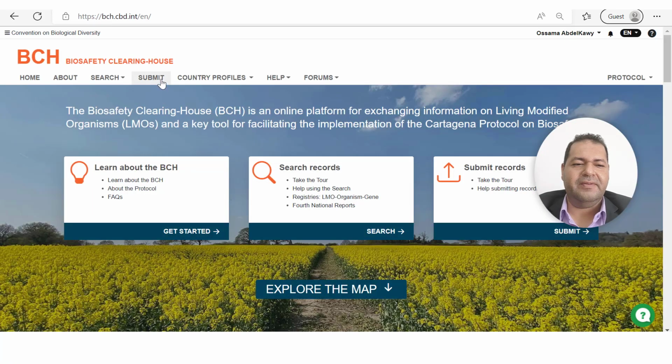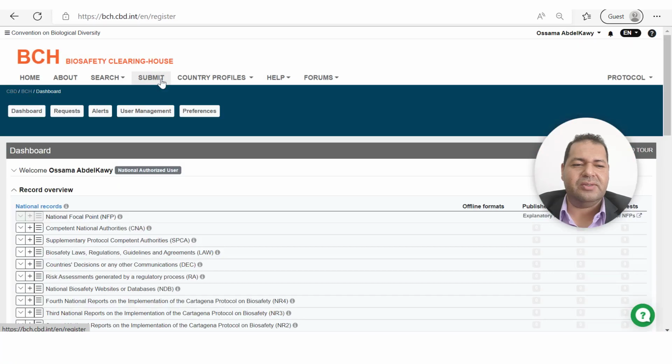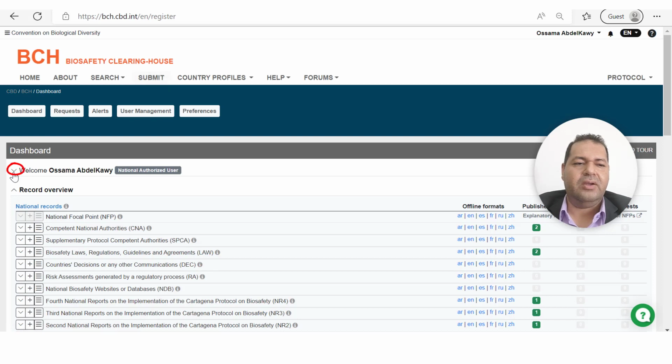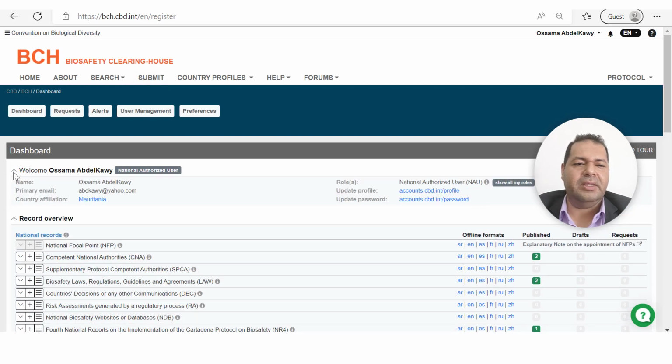On the horizontal navigation bar, click on the Submit to access your dashboard page. The dashboard is your personal workspace. Here you can view, submit, review, and edit records depending on your user role, as well as update your profile information. Click on the down arrow icon beside the Welcome heading to view your assigned role and country affiliation and